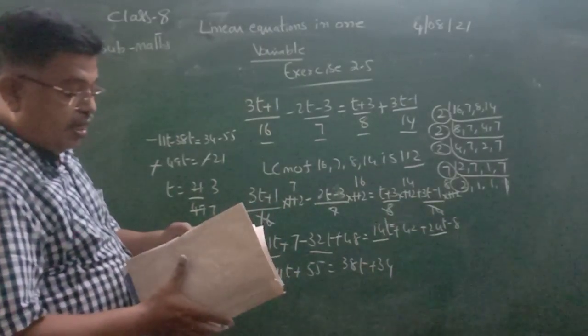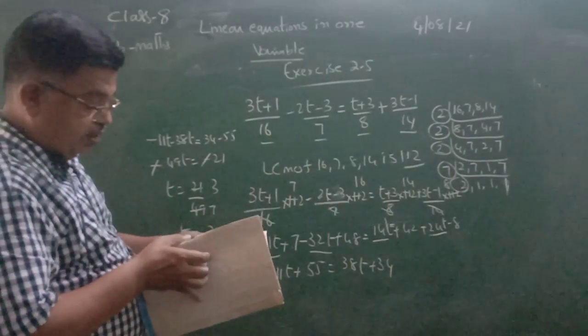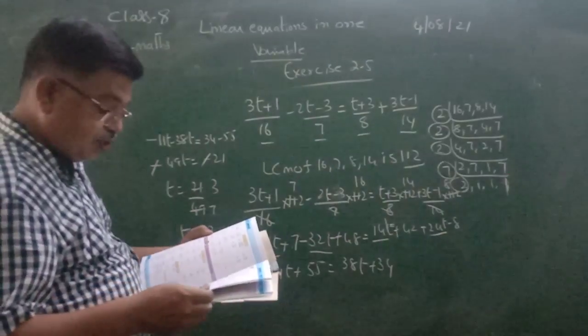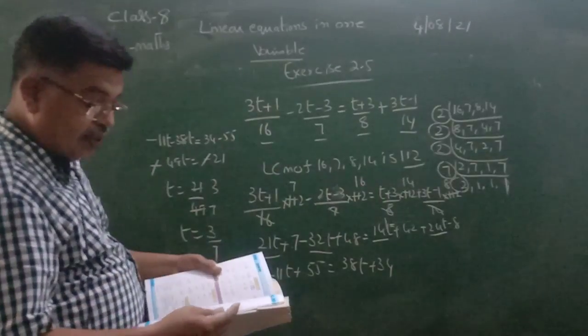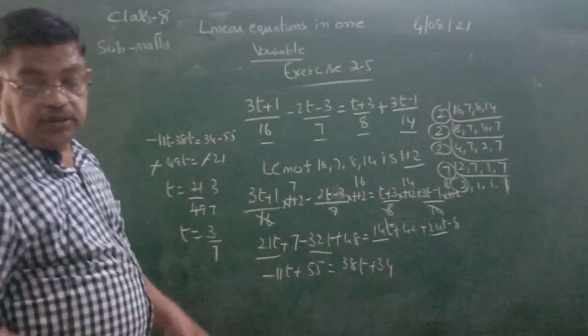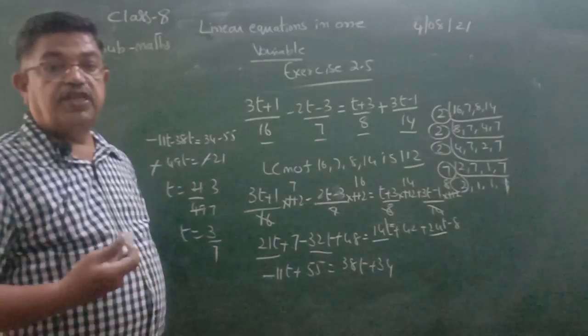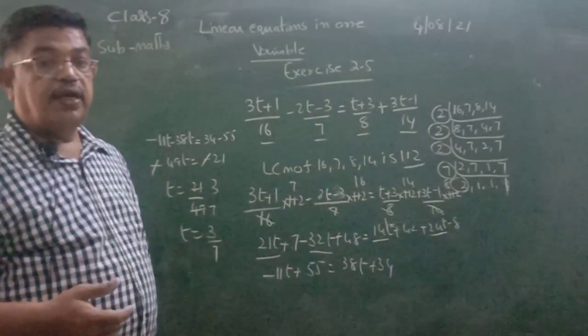So this is a lengthy problem. You have to practice it carefully. I will check the answer. Exercise 2.5, problem number 12, it is clearly 3 by 7. Like this, we can work out many problems, and we have application of these models in verbal problems that we are going to continue in the next class.